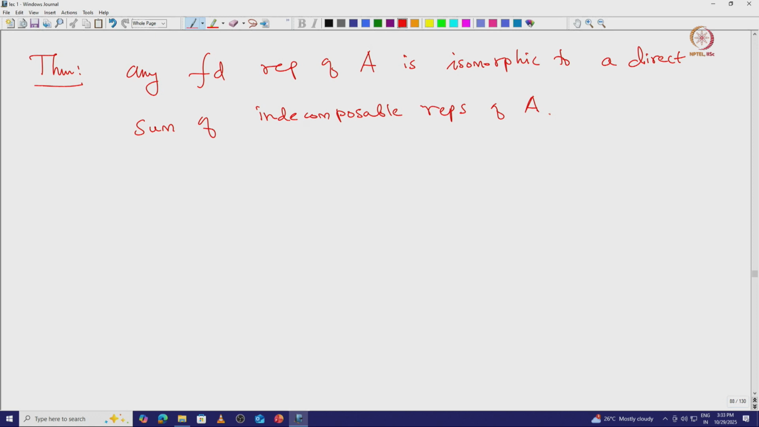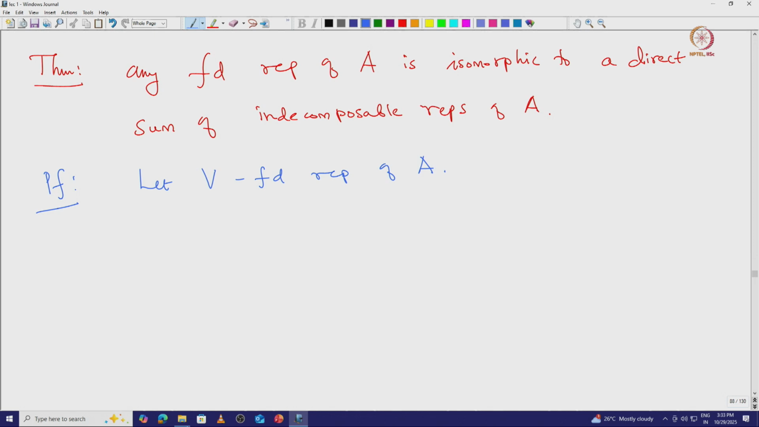This statement more or less follows from the definition. The proof again goes by induction on the dimension of the representation. Let us quickly recall the proof. Let V be the given finite dimensional representation of A. To begin with, if V is indecomposable, then there is nothing to prove. For example, if it is 0, again there is nothing to prove,